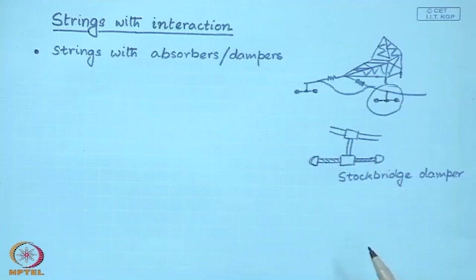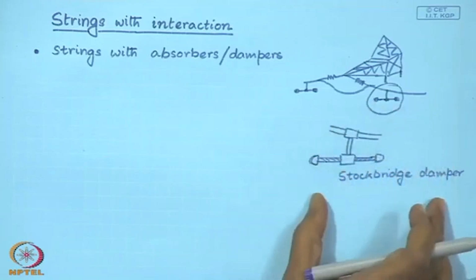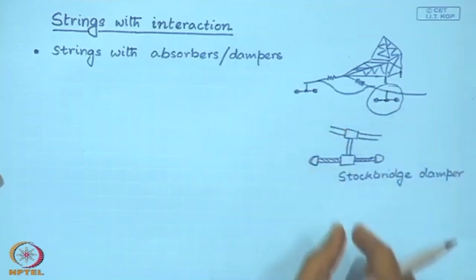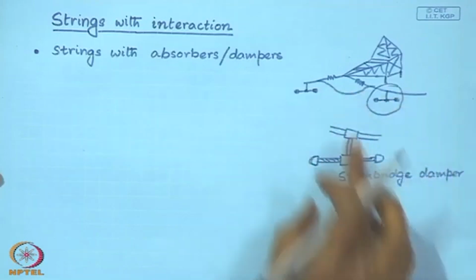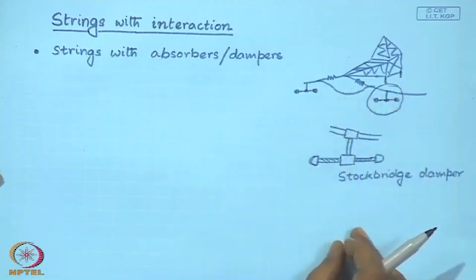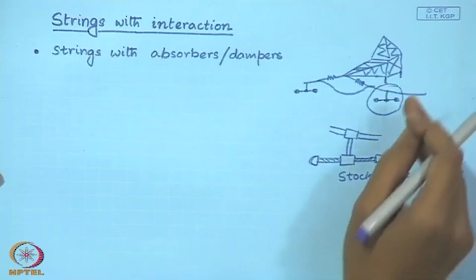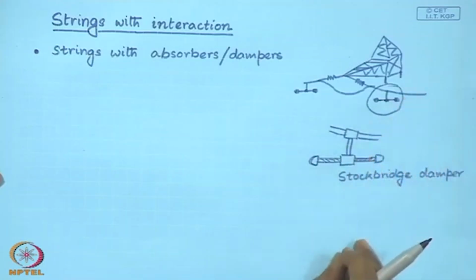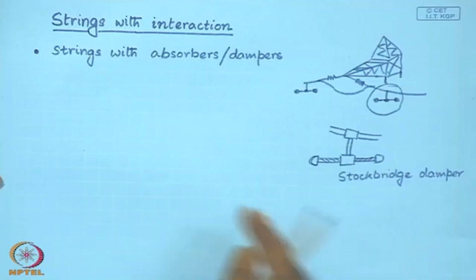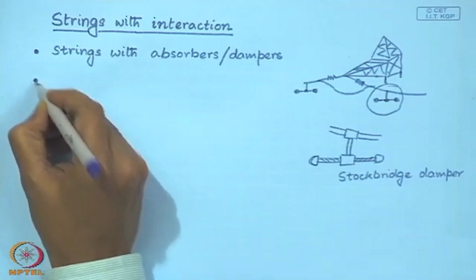Such strings are also found in, for example, the piano. In the piano you have dampers which stop or damp out the vibrations of strings. In order to understand the efficacy of this Stockbridge damper, which is essentially put to damp out the wind induced vibrations of high tension cables, you will have to analyze the string along with these absorbers or dampers. Then interaction